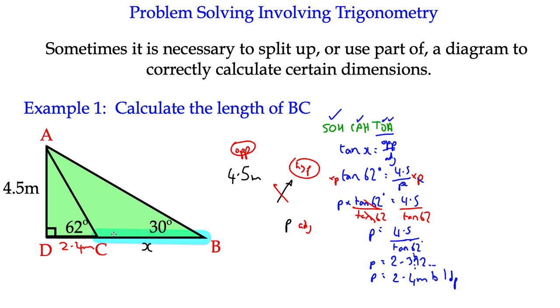So now, I still can't work out x, but if I knew how long the whole base of the triangle was from D to B, if that was like 6 meters, then I'd be able to work out x, because it would be 6 minus 2.4. So the next thing I want to work out is, can I work out the whole base of the triangle from D to B? Well, I can, because